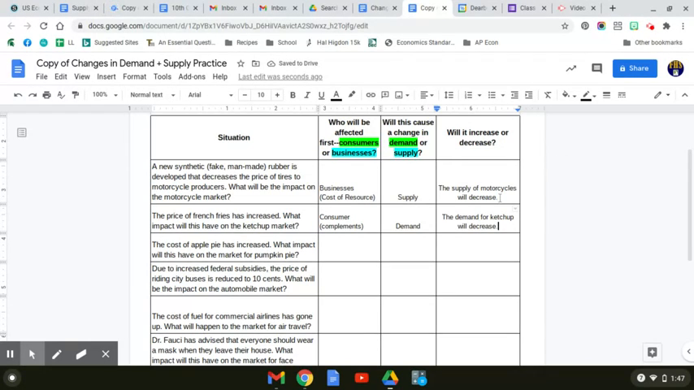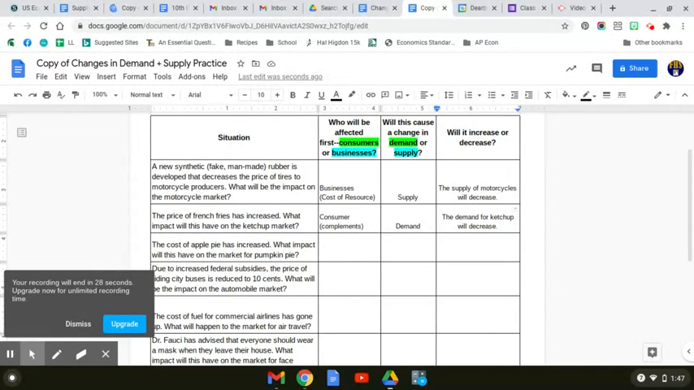All right. And then looking at that third one, I'll get you started. The cost of apple pie has increased. What impact will this have on the pumpkin pie? Remember, those things are substitutes. So I'm going to put that there. And substitutes always relates to demand. So we know that it's going to be the consumers that are affected first, which means that this is going to be a change in demand. And the demand, you guys